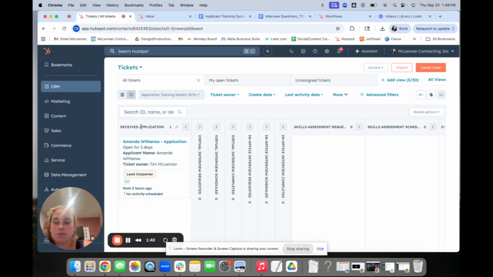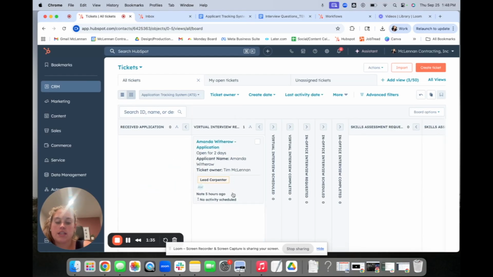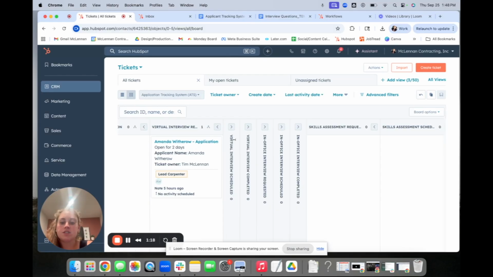So if an application is received, let's say they want to move forward to a virtual interview requested, you can drag it here, and with this automation, once they're here, they will get sent an email asking them to fill out the getting to know you questionnaire and schedule an interview. When the interview is scheduled, it will automatically move over to here. At 6 p.m. the evening of the interview, that same day, it will move over to virtual completed. When it's in virtual completed, you will get an email saying that the interview is completed and they need to make a decision. Also,